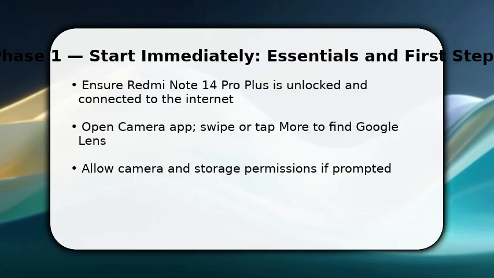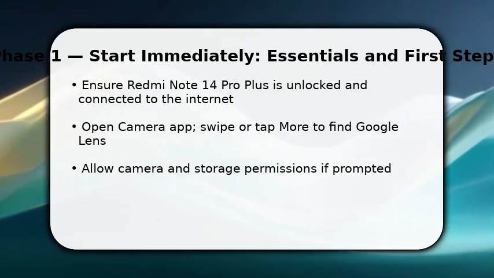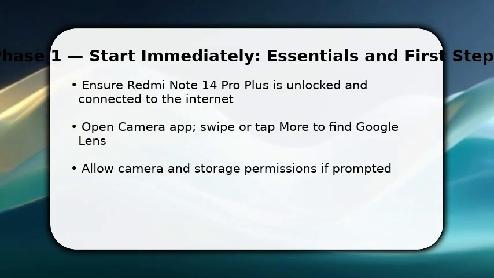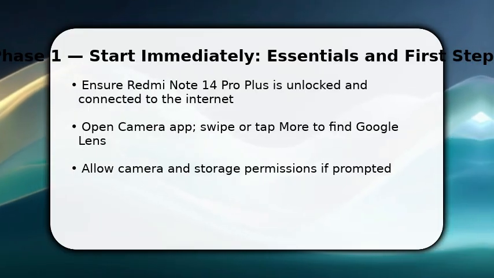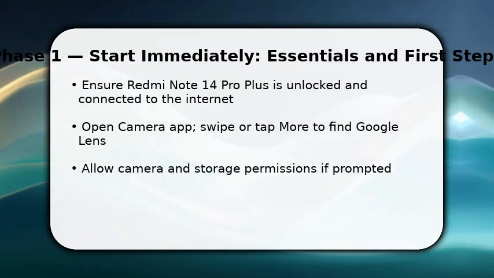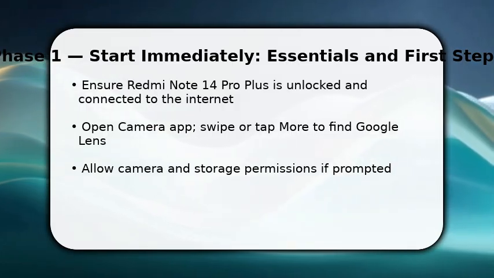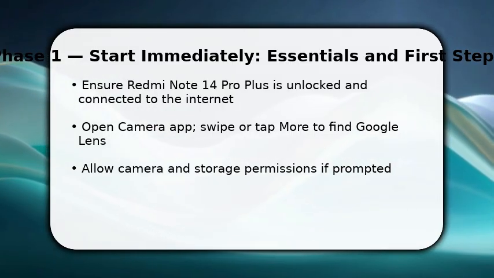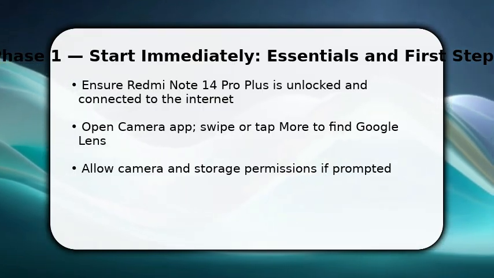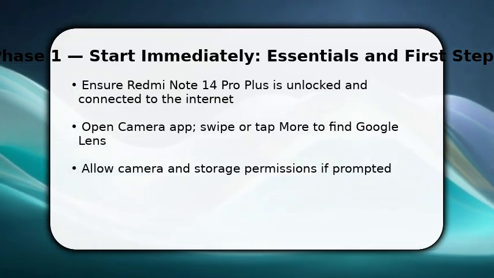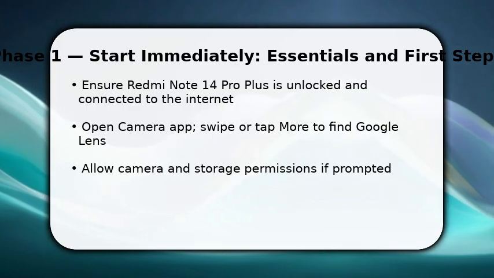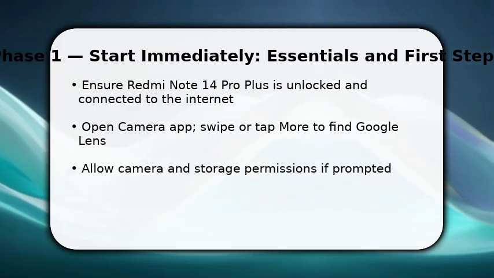You start by opening the camera app because this is the only way that reliably gives you the circle search on this device. Once done, swipe to More and choose Google Lens. Make sure you grant camera and storage permissions so Lens can analyze images. You do this now, not later, so the tool can access the phone view. If Lens isn't visible, tap the three dots or the mode list to reveal it, then select Lens and proceed